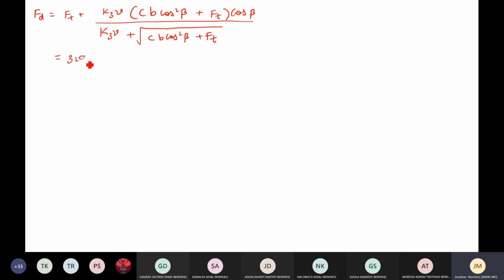So here it is 3290.52 plus 20.67 into 20.06, 145.31 into 45 into cos square of 20 degrees